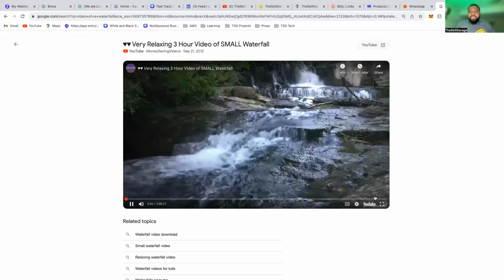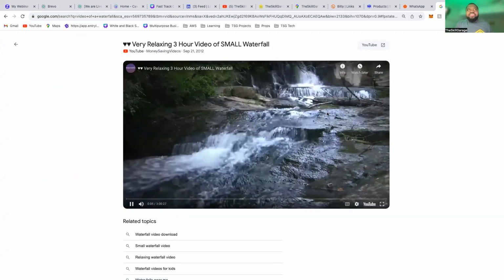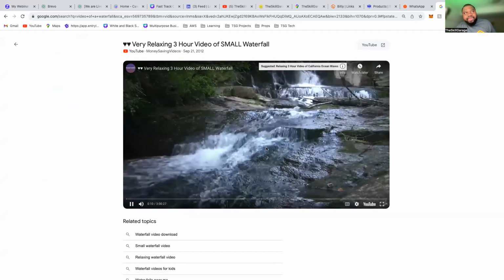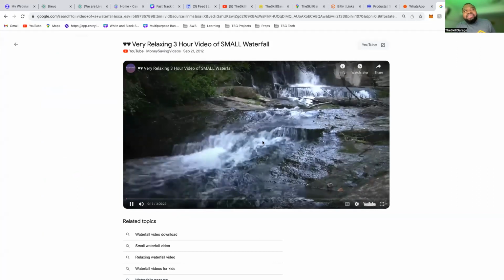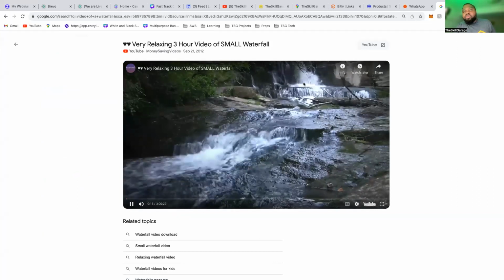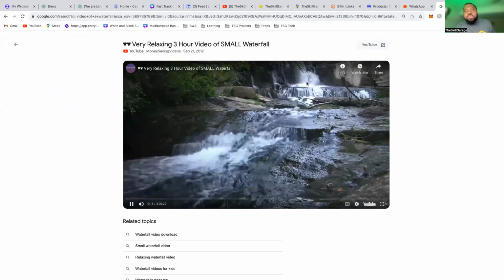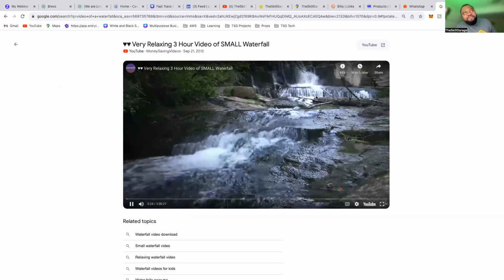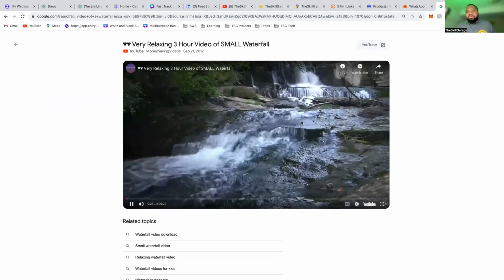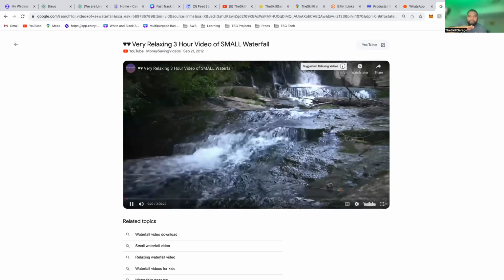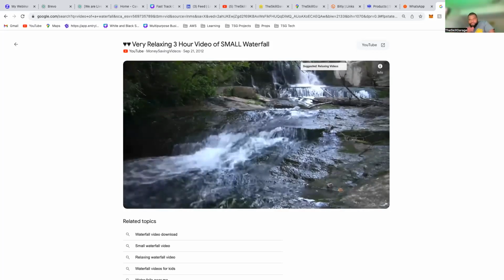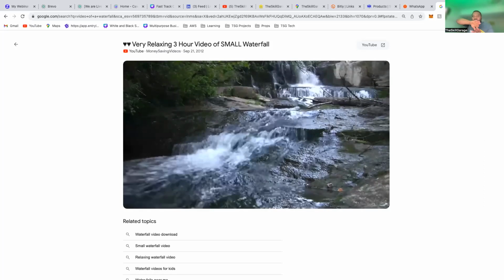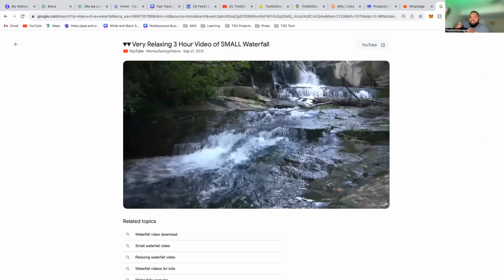So look at this, this is one waterfall. You can see these steps, that step, this step, that step. Now, water will not get here if this one is not filled up. If you don't have enough force to fill up this step, it will not pour down. If you don't have enough force to fill up this other step, it will not pour down. So you have to fill one step and then it will fall. You fill another step, it will fall. That is how a waterfall is.